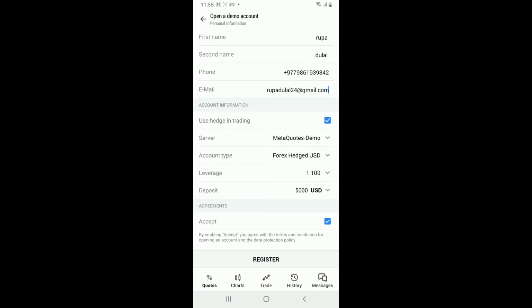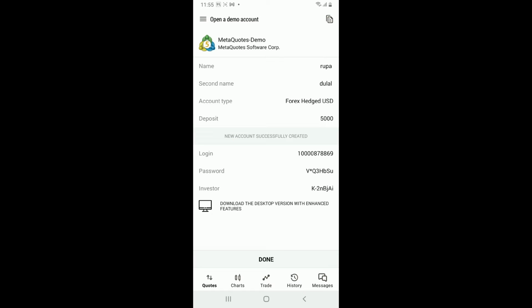Now, click on Accept at the bottom and click Register, and you will be able to create a demo account. Now, you will be able to see your login ID and your password. Make sure to keep this information safe so that you can get back to your demo account even after you